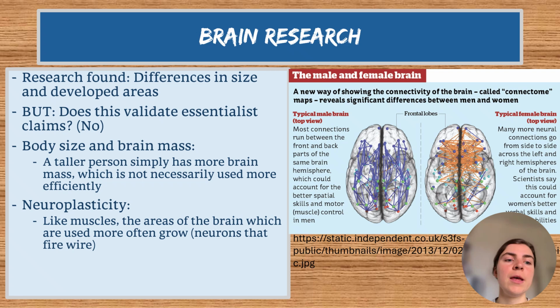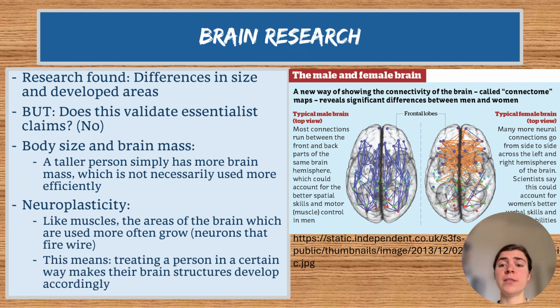And now, what's important here is, if a person is treated in a certain way, that doesn't only have an effect on how that person behaves, maybe, but it actually makes their brain structures develop accordingly. So if a person is all the time required to think in a certain way, the brain will reflect that in the brain structures. And so these differences that we see in that wonderful picture, coming back to the picture, must not necessarily be something that has been there from birth.